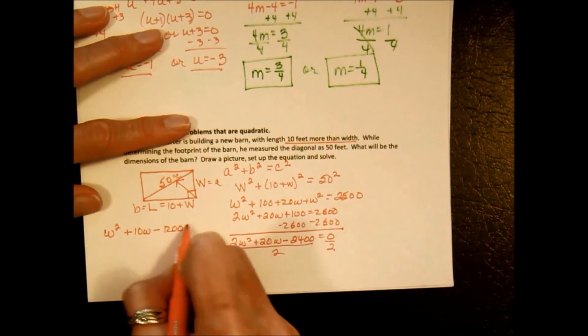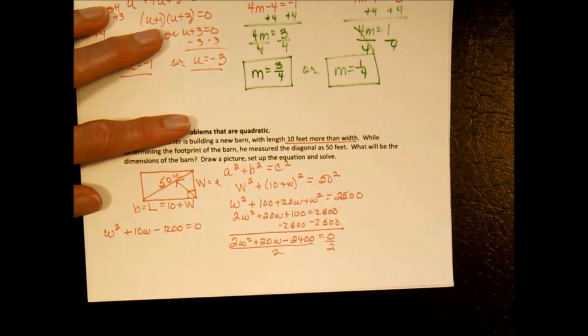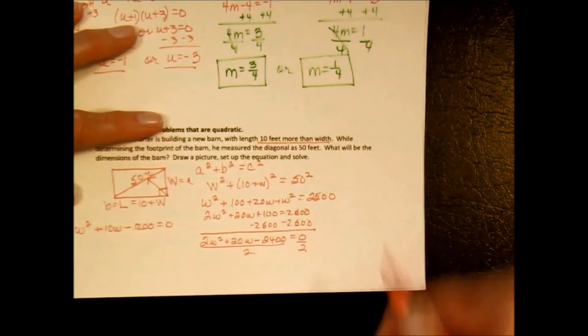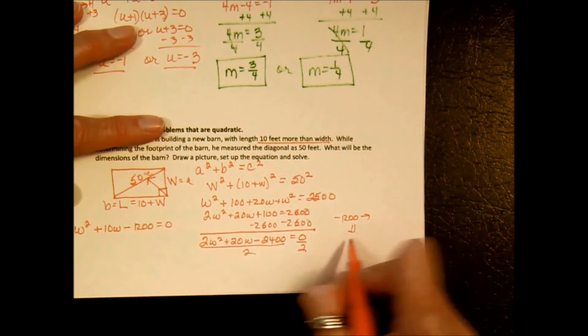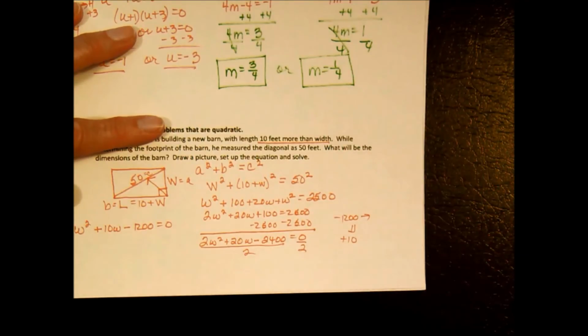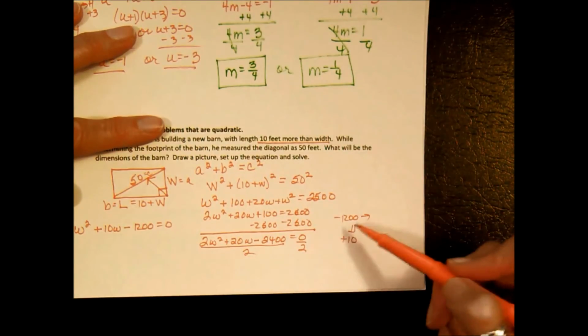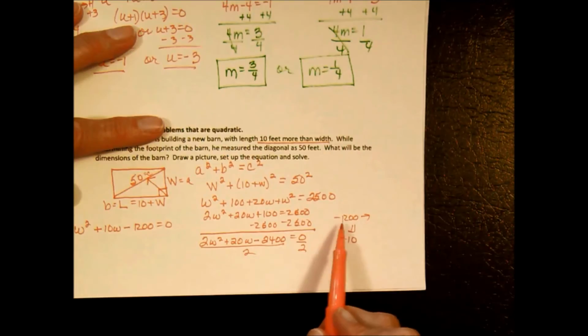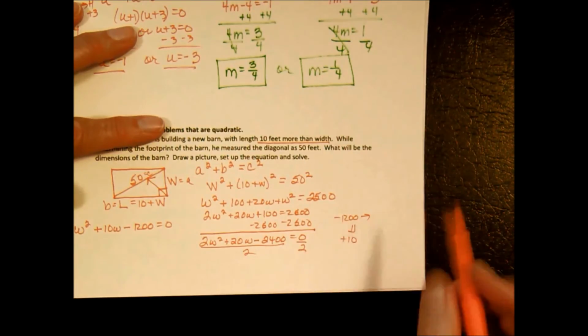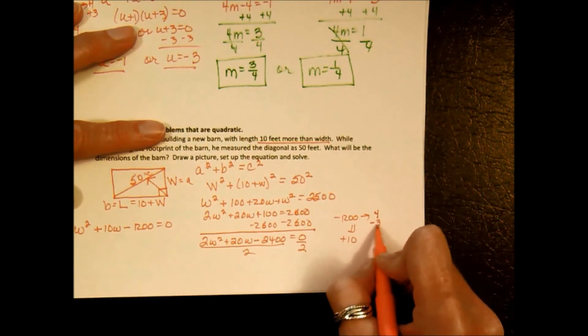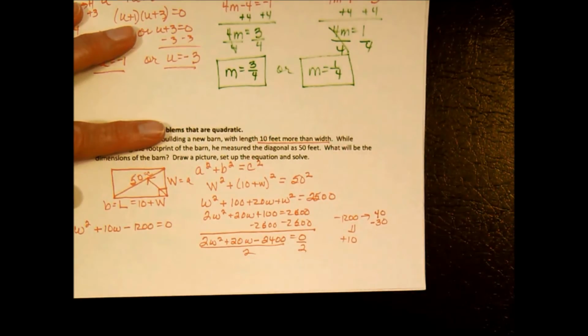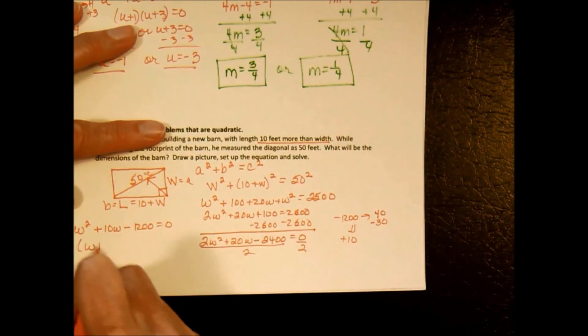It is a short process trinomial. I need factors of negative 1200 that add up to positive 10. Now, you may not know what they are off the top of your head, but if you think of this as 12, negative 12, I could have 4 and negative 3, put zeros on those, and I have it. 40 and negative 30. So it's (W plus 40) times (W minus 30)